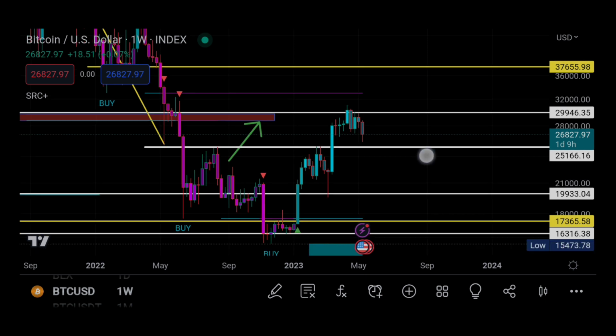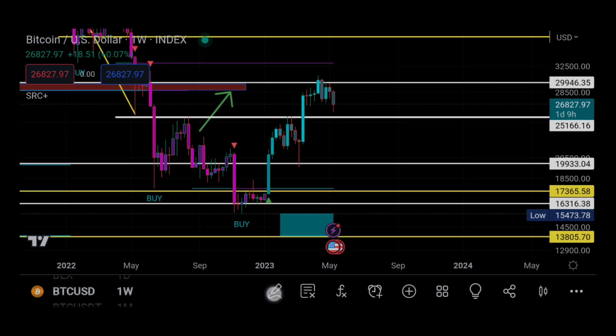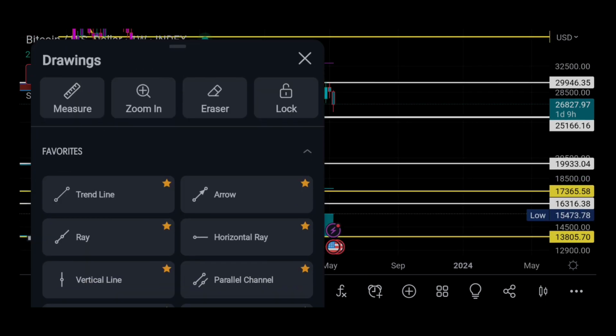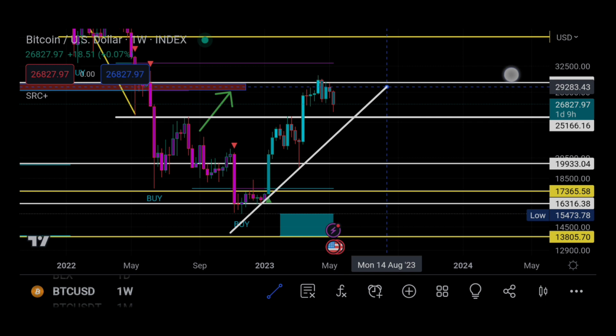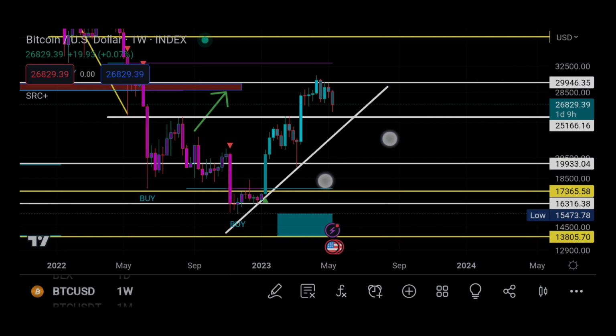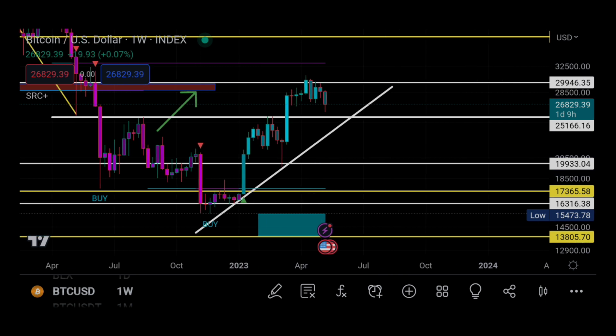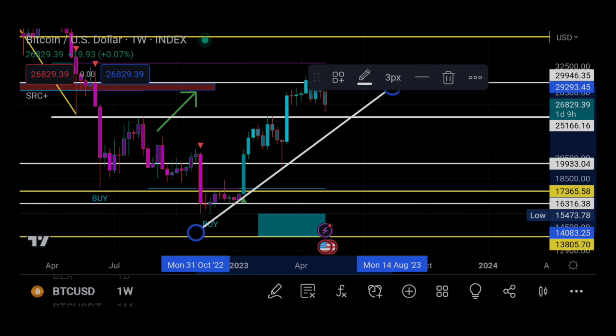So for me, we are still in a bull trend. I don't see anything that tells me otherwise. For example, I know some people might turn around and say, well, hold on, what about this area here where you've got this particular trend line? You can see the gap from the bottoms that we've got. So I'm taking this point here and this point here. We've got 2 points.